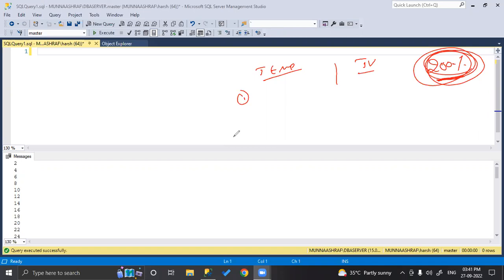Then it will be a single destination. So everybody remember, right? What is single destination? What is dual destination?